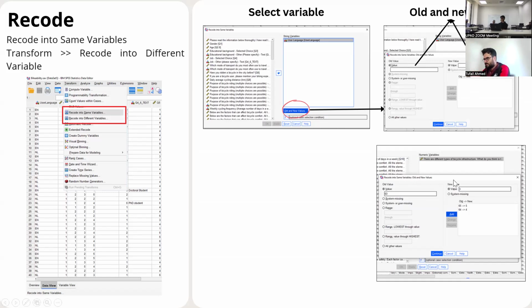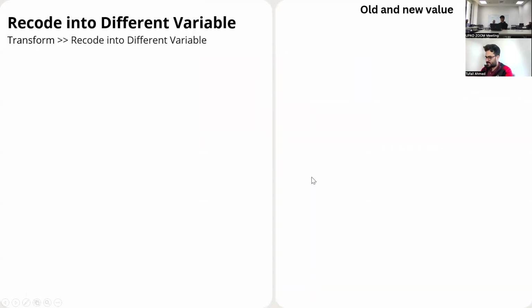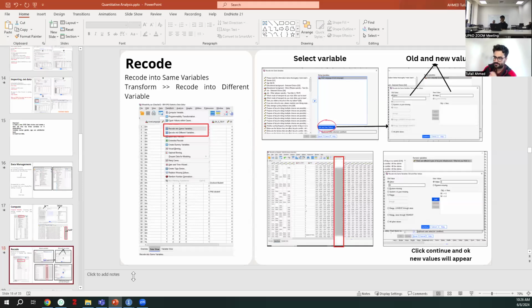Now I will bring this 63 to 3, because 3 was the value that I used for moderately important. I will add all these values and click continue. So you will have the same variable, just fixed. And now we are going to SPSS to see how it works.